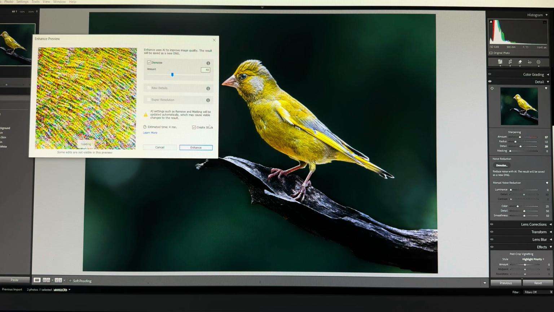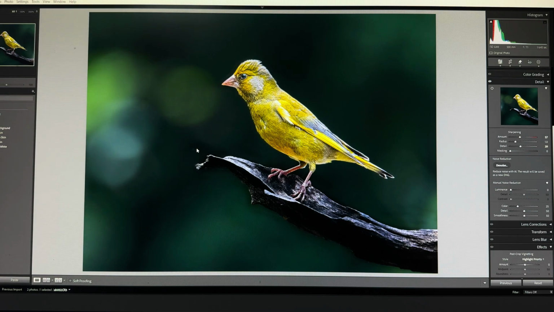And then you cannot select the other two options, because when you denoise, you can only denoise, you cannot change the resolution, and it's showing it will take another 4 minutes. But keep in mind, this time can vary according to your computer speed and computer hardware. I have a quite good laptop with a high processing unit, so that takes me 4 minutes. So let's hit it. When I click on enhance,